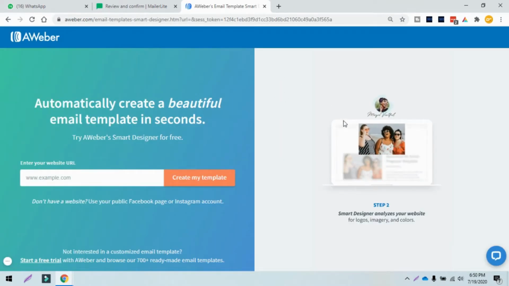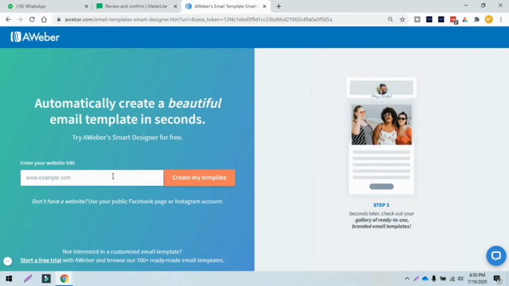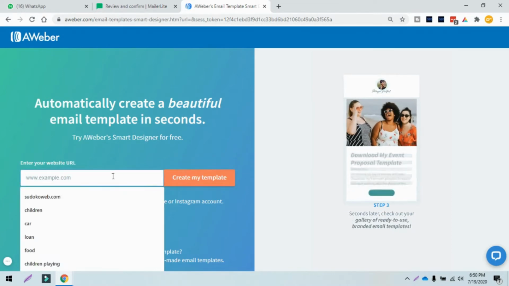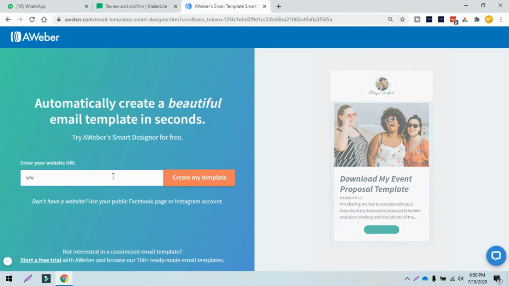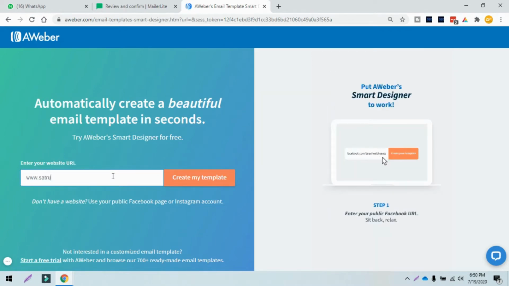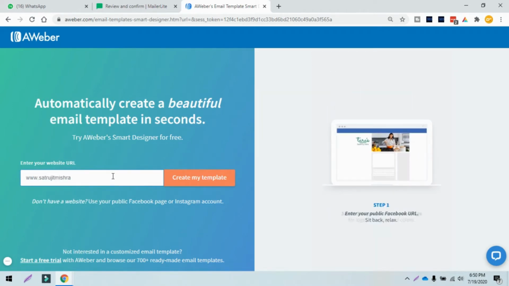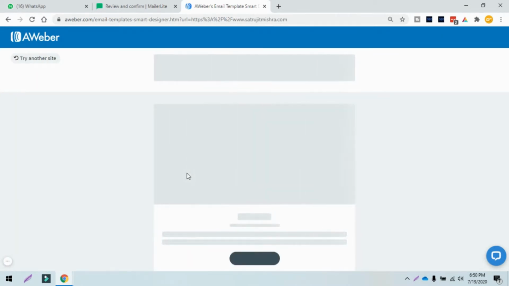Here they have a smart designer. Let's say you have a website. Let's say I have a website called www.satyaruji.com. Then I will click on create my template.